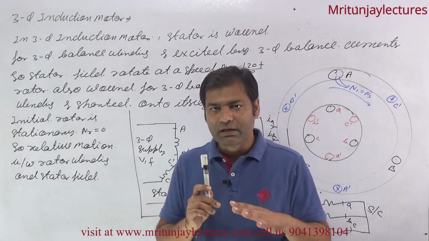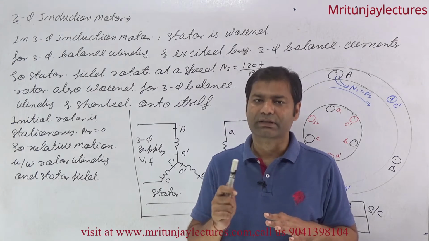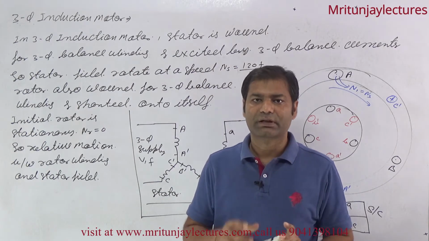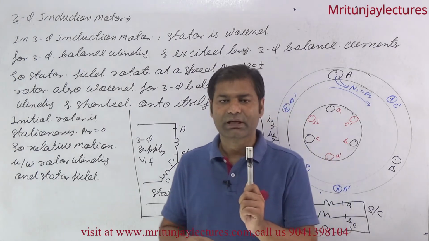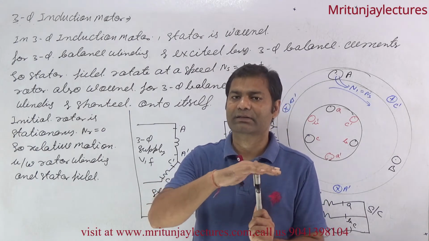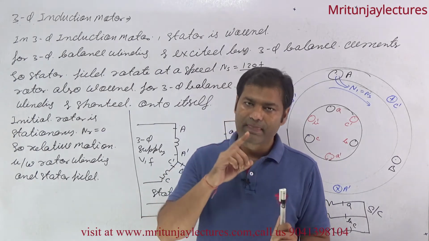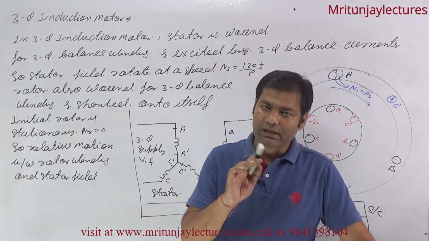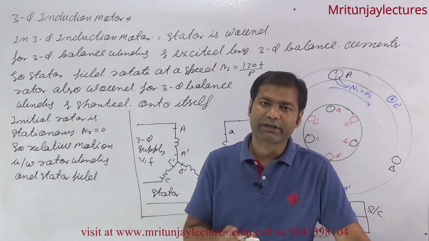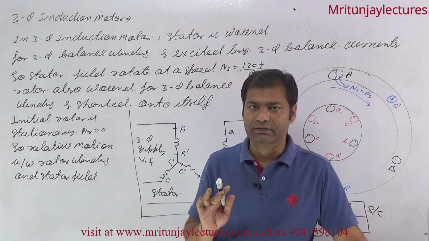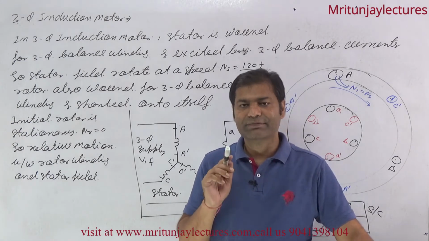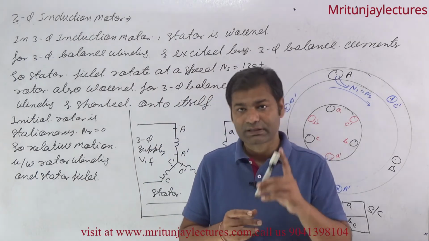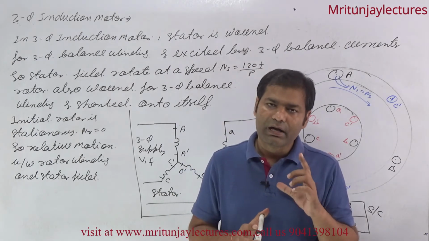If the conductor is rotating in the magnetic field, then induced EMF is generated. Or the conductor is like this and the rotating field is moving like this, then induced EMF is also generated. It means if the field is rotating, or the conductor is rotating, or both are rotating, that is, if there is relative speed between conductor and magnetic field, then EMF is induced on the conductor. Clear?